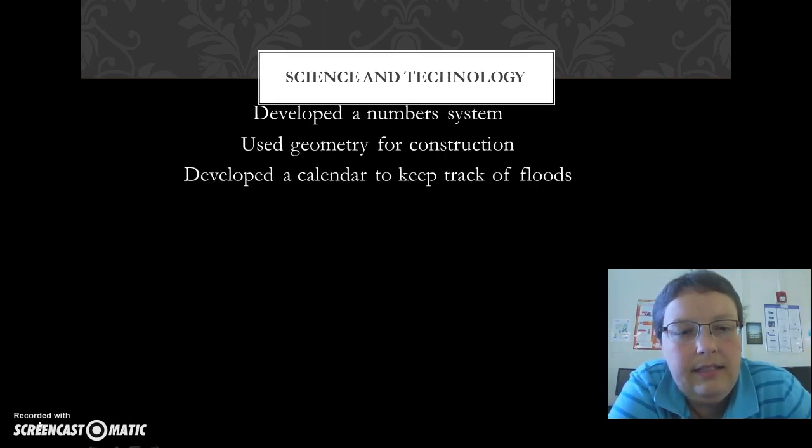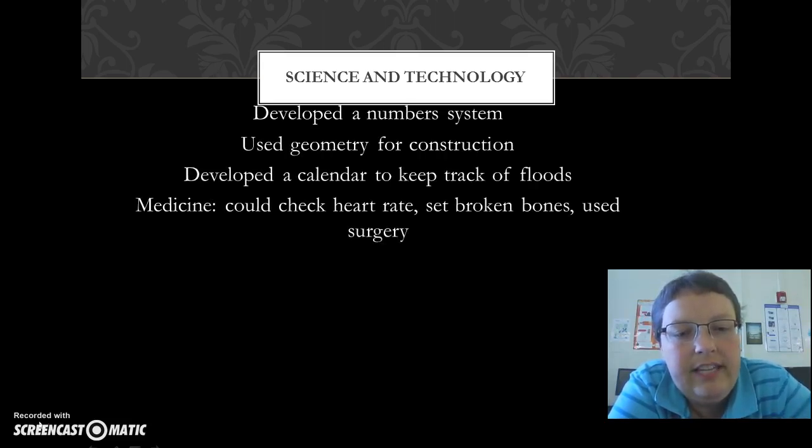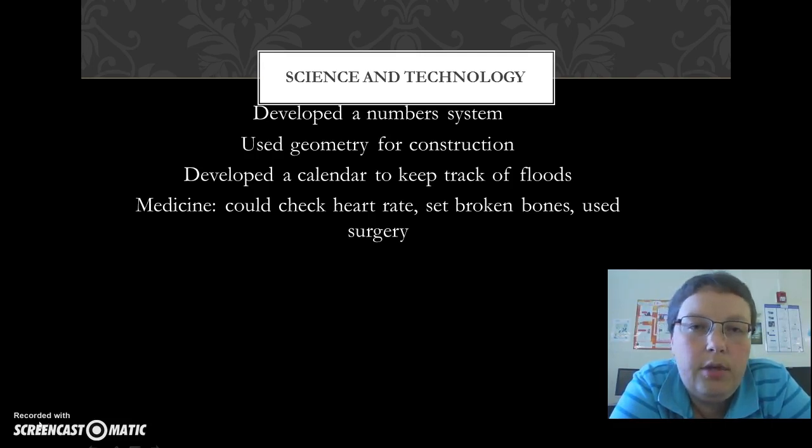And finally, science and technology. They were very advanced people. They could actually perform surgery. They could set and fix broken bones. They could do heart surgery. They kept the calendar to keep track of the floods and the religious dates. They used geometry. Look at the pyramids. They developed a number system. The Egyptians really gave us a lot for society. In fact, Egypt is still one of those civilizations we look at today in complete awe of what they were